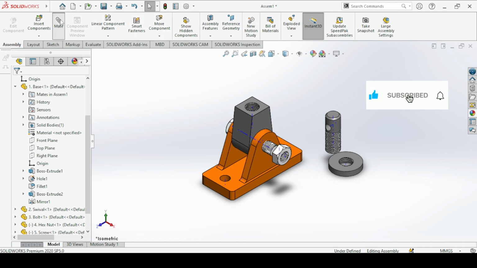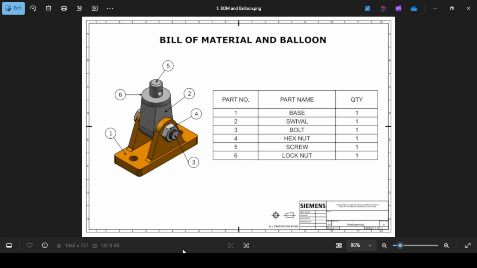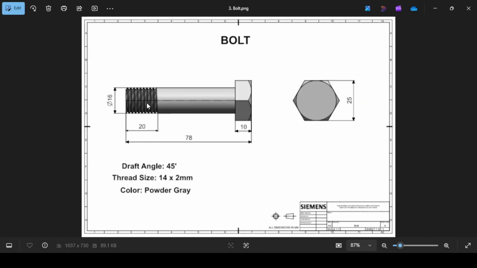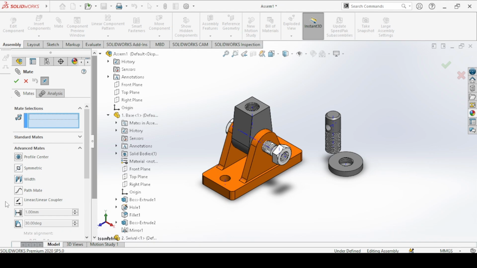So again, come to mate, and we want the limit to be between the part of the shaft that is visible. So we go to the dimension on the bolt, and the length of the thread here is 20 millimeters. So the distance from this face of the arm on the base to this final face of the bolt will be 20 millimeters. So come to advanced mate, and then we use the limit distance between this face on the arm